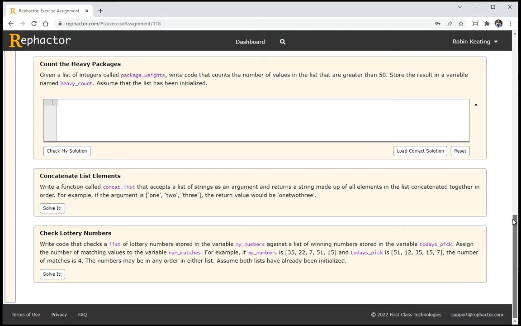enter their solution. Instructors, however, also have this Load Correct Solution button in case you want to cut to the chase. I'll take advantage of that now. The correct solution is loaded, or should I say a correct solution. There are sometimes multiple ways to solve a problem, of course, and the correct solution displayed may show alternative approaches